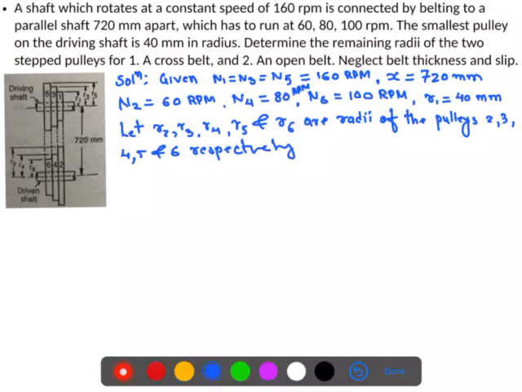So first of all we will consider a cross belt drive. So first, for cross belt drive,